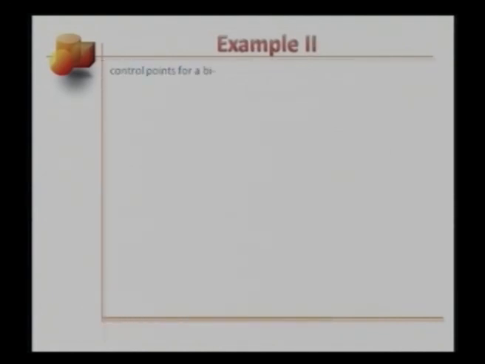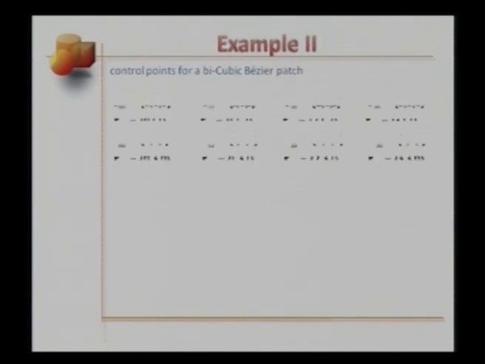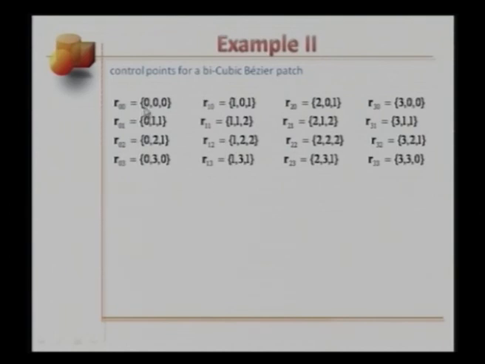The second example. Now this is for a bicubic Bézier patch. The control points are given as R00 is 0, 0, 0, R10 is 1, 0, 1, R20 is 2, 0, 1, R30 is 3, 0, 0. R01 is 0, 1, 1, R11 is 1, 1, 2, R21 is 2, 1, 2, R31 is 3, 1, 0. R02 is 0, 2, 1, R12 is 1, 2, 2, R22 is 2, 2, 2, and R32 is 3, 2, 1. And finally, R03 is 0, 3, 0, R13 is 1, 3, 1, R23 is 2, 3, 1, R33 is 3, 3, 0. With this geometric information,